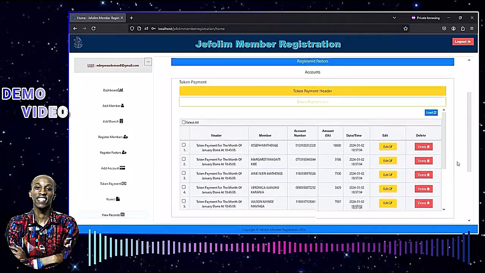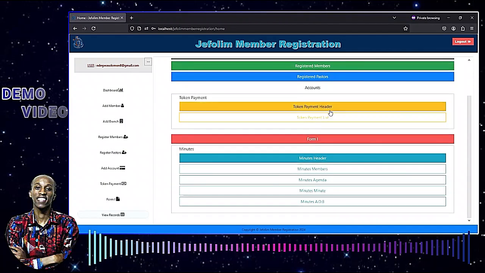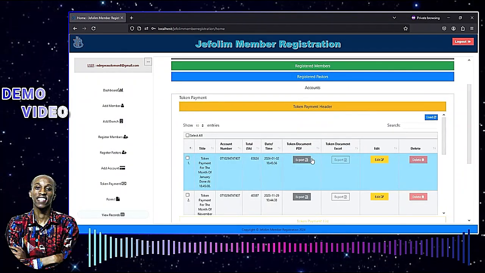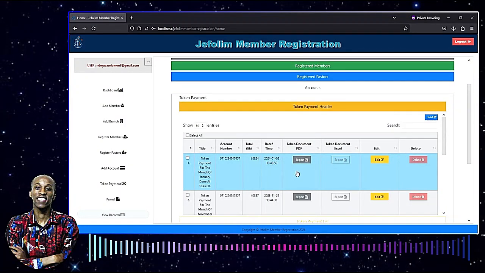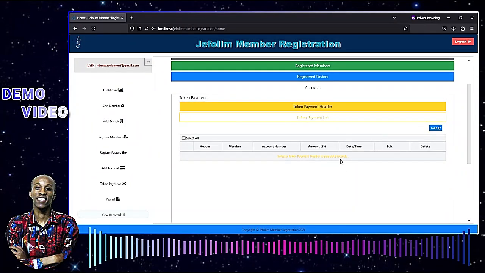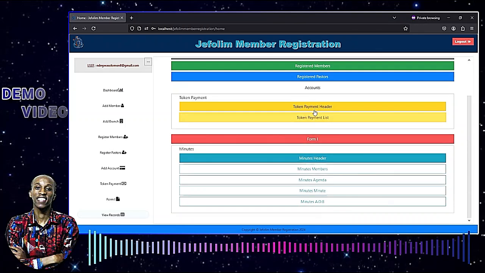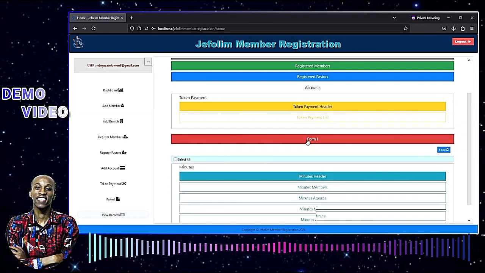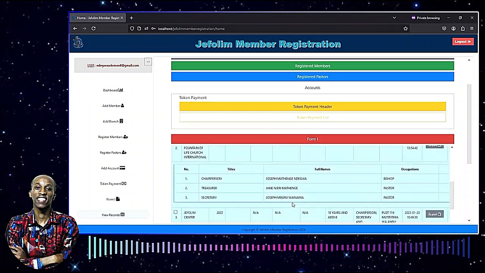These are the lists pertaining to that header. Whenever we have not selected a header, the list will not populate, right? If you unselect that, we are told to select a header to populate the list. So this is a Form I